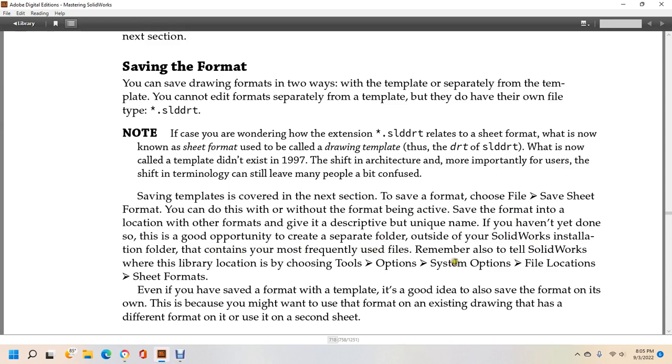Contains your most frequently used files. Remember also to tell SolidWorks where the library location is, by choosing Tools, Options, System Options, File Locations, Sheet Formats. Even if you save the format over the template, it is a good idea to have the sheet format saved on its own, because you might want to use the format on an existing drawing that has a different format,